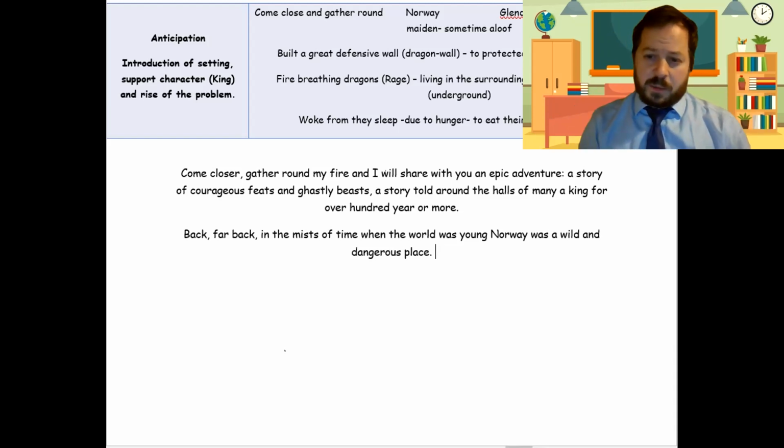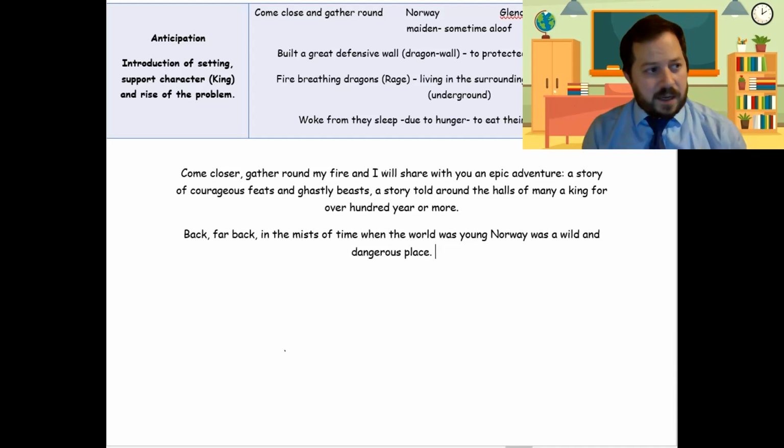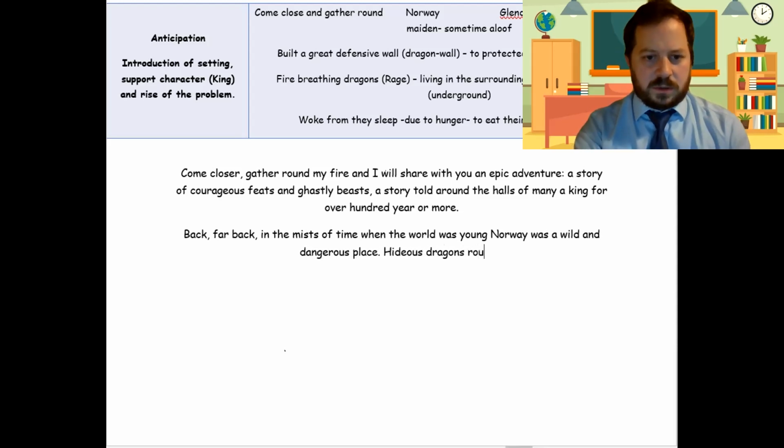So dragons, again, we need a word that probably goes in here to describe those dragons. So tyrannical, we could use, going back to words that we've used before. Gruesome, again, we could link to those, but we've already used ghastly. So another word that means similar to gruesome. How about hideous? So hideous dragons roamed